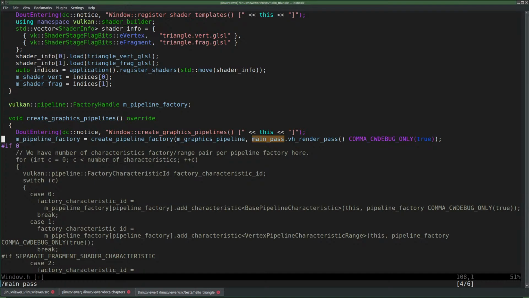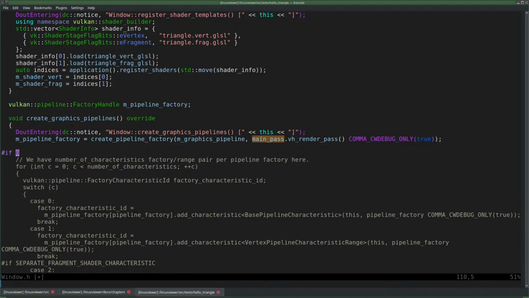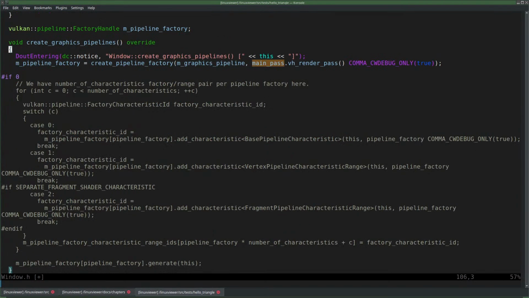So this should create a pipeline factory, and then more stuff happens. That already fits on one page. We have a number of characteristics. Oh no, I still have to add a characteristic to it, I guess. And then we end with